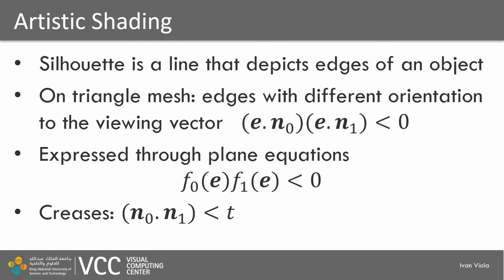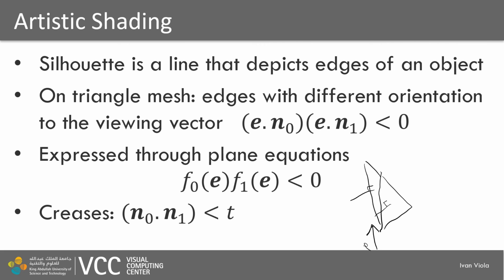So imagine I have here one triangle and here I have another triangle, and the corresponding normals, orientations, and I have a certain viewing direction, which is the E here,